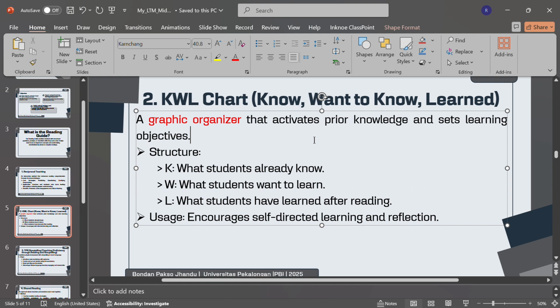Students write the information about what they want to know in this space. And then L is equal to what students have learned after reading. After the completion of the lesson or unit, a student must write the information that they learned in this space.